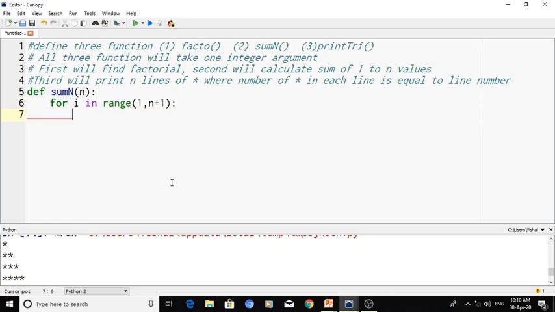Now let us see. Suppose I print the value of i. What will I get? I will get 1, 2, 3, 4 up to n. Now let us check how to call this function. A function is called by its name, as we know, and I will provide some value here, 4.